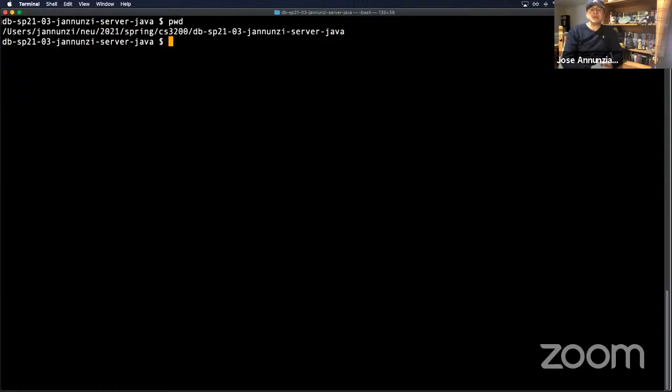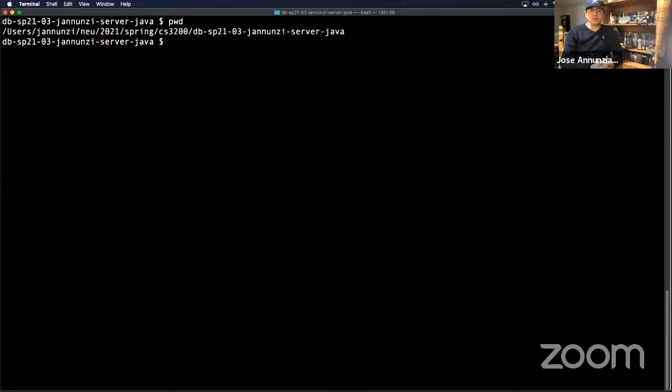Also, free. Yes, IntelliJ is free for students. If you register with your NEU ID or with your Northeastern email, you get at least a year free for the IntelliJ tool. And they have a tremendous suite of tools that are free for faculty and students, and absolutely a must